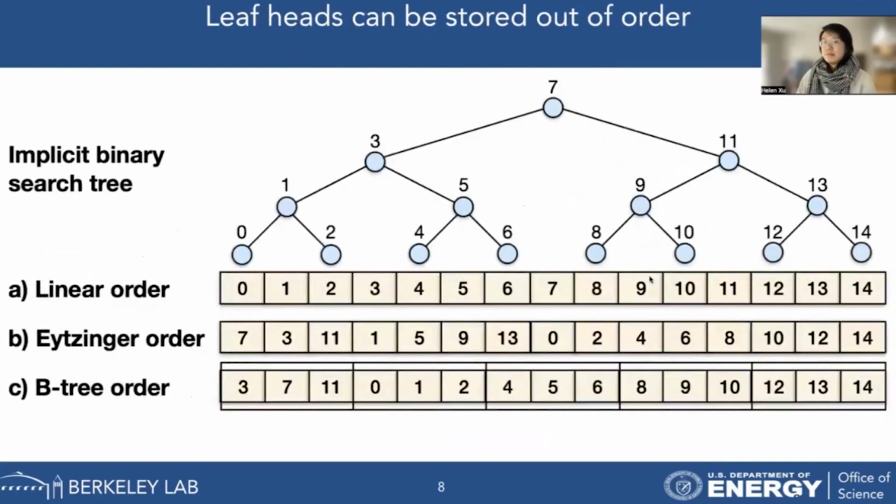So the most natural way of storing the leaf heads is in the same order that they appeared in the original PMA, and we call this linear order. I've illustrated the implicit binary search tree that the PMA leaves define, and I order the nodes left to right, so 0, 1, 2, 3, and so on. So linear order just stores the leaf heads in this order, so 0, 1, 2,